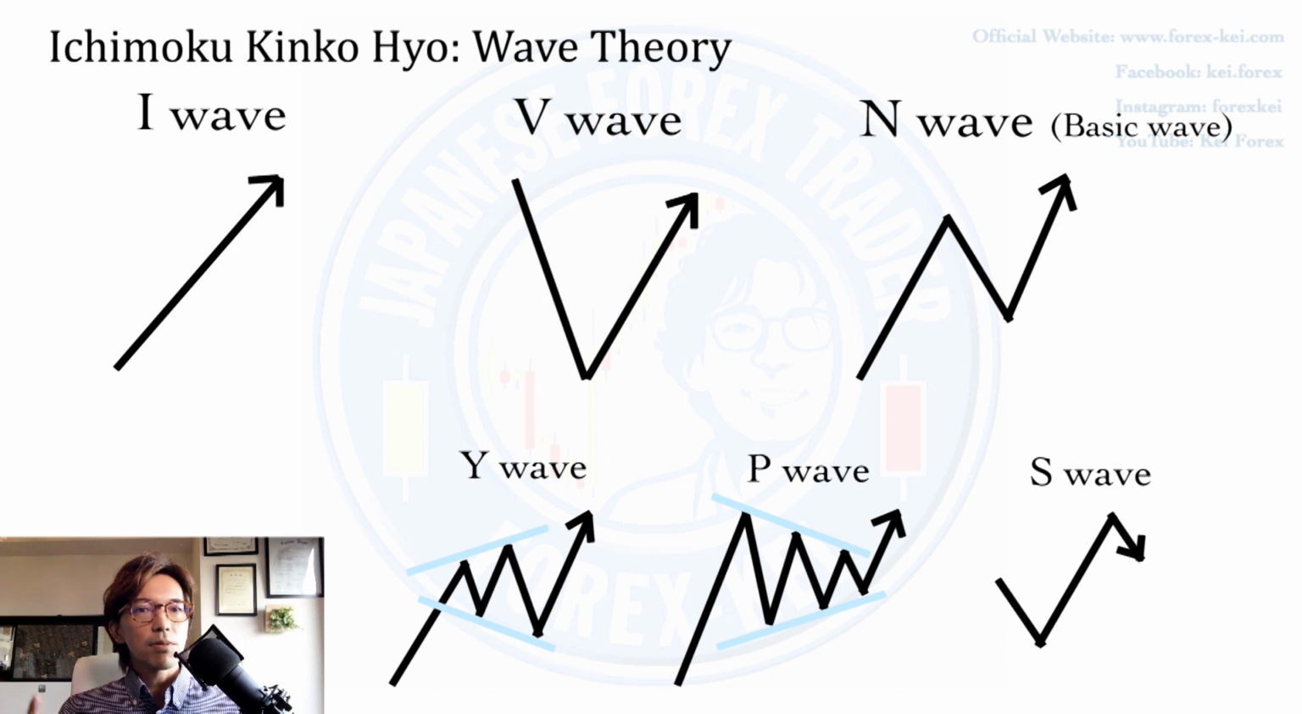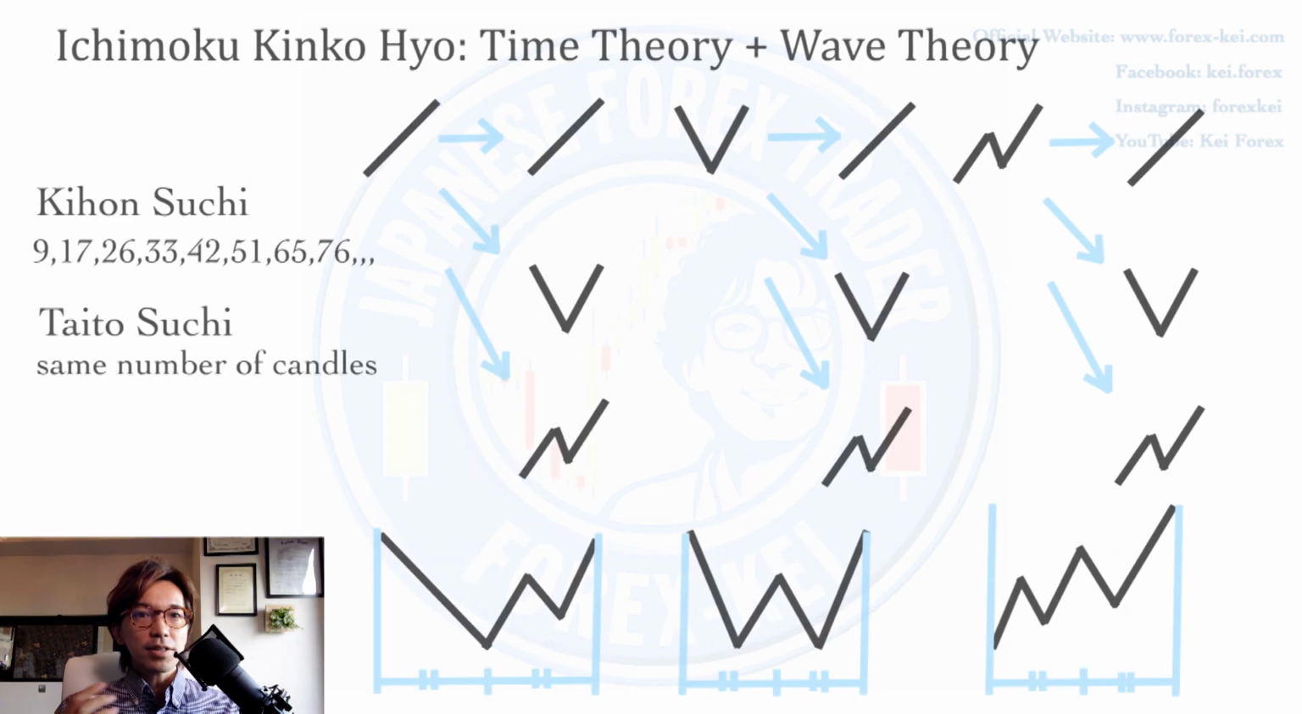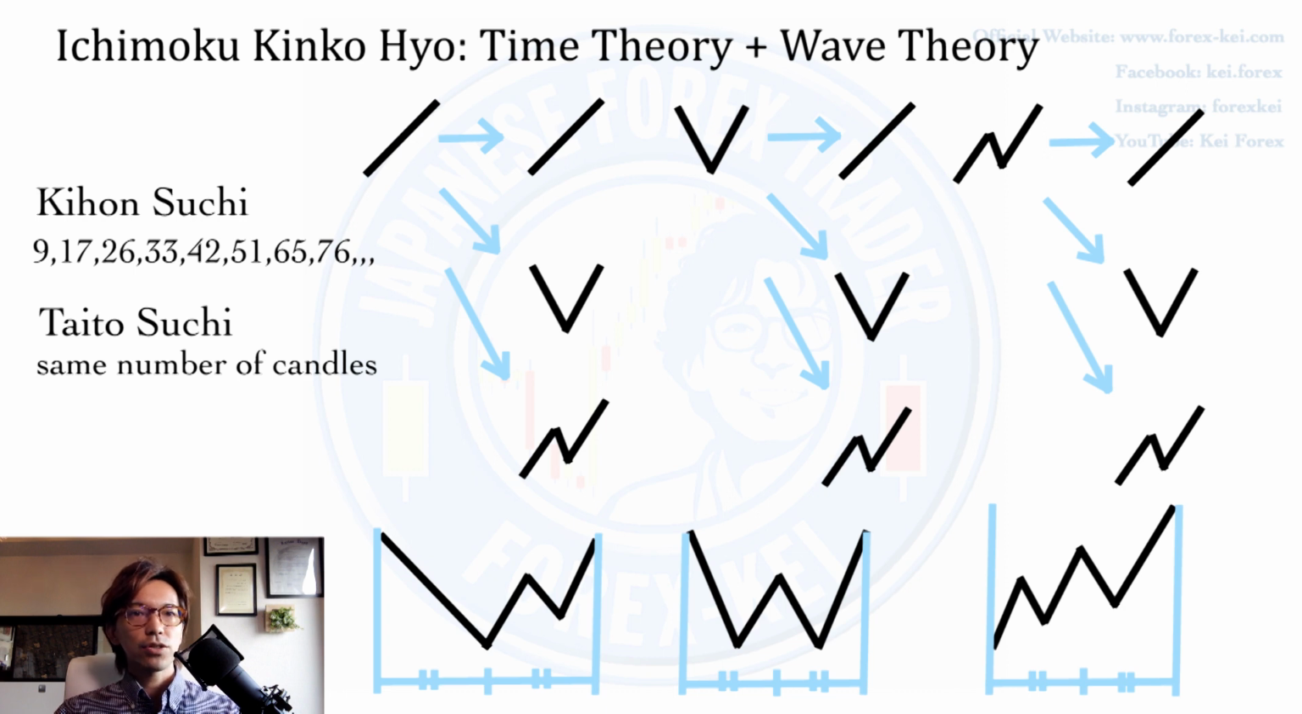So now let's combine these two theories together. Are you ready? When you combine the time theory and wave theory, for example, let's say there's a bullish market and you measure how long it took from the beginning to the end of the trend, and let's say you find it to be 26 days. If that's the case,